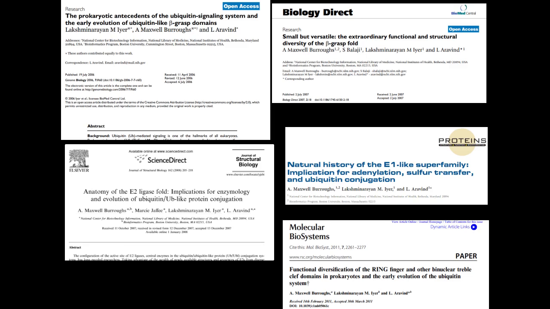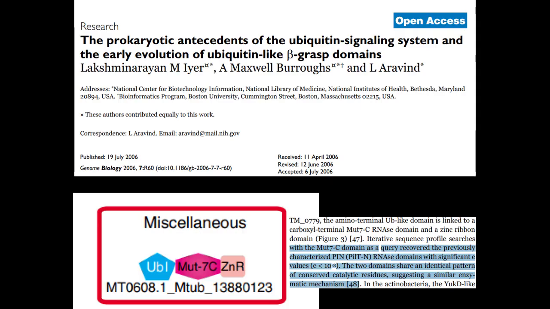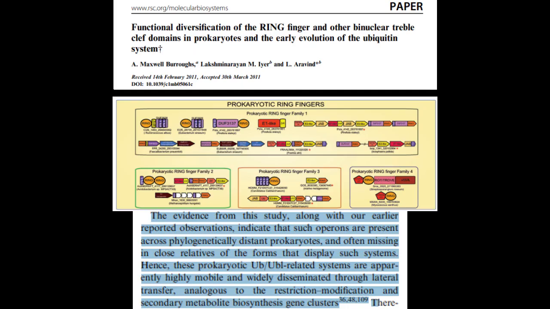So the key lesson was that they were very mobile, and it suggested that they were fast evolving. In many ways, this clustering of the ligase, the deubiquitinase, and some other genes linked to them, which resemble restriction endonucleases or PIN-like RNases, suggested that there may be a role for these in biological conflicts, and that these ubiquitin systems, right then we